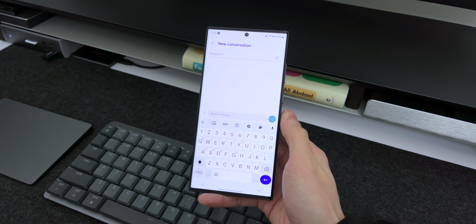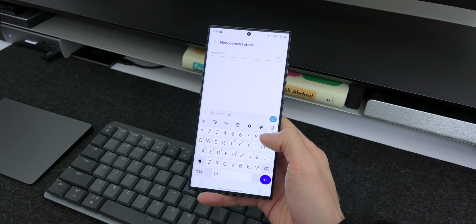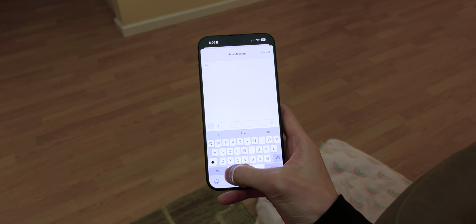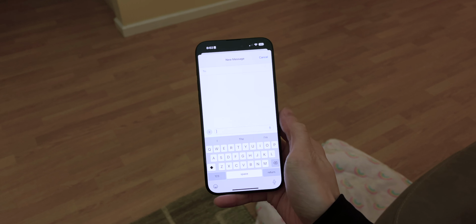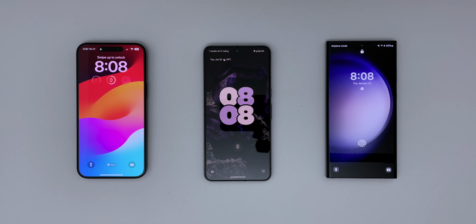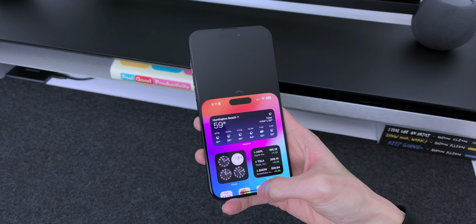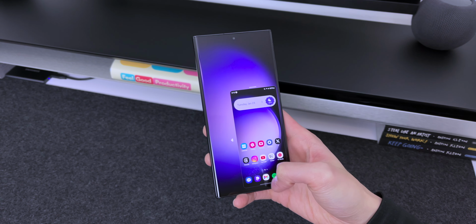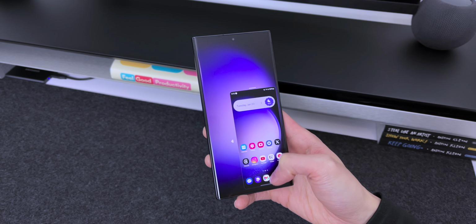The keyboard on Android is a lot more functional. There's an option to always show the number row and a long press for symbols. This saves time instead of jumping back and forth, but I get why Apple went with a simple and clean keyboard. As phones are getting bigger, it's not easy to reach the top corners of the screen. iOS and stock Android have a one-handed mode that moves the top half of the screen down, but One UI shrinks the entire screen so everything is reachable and visible.